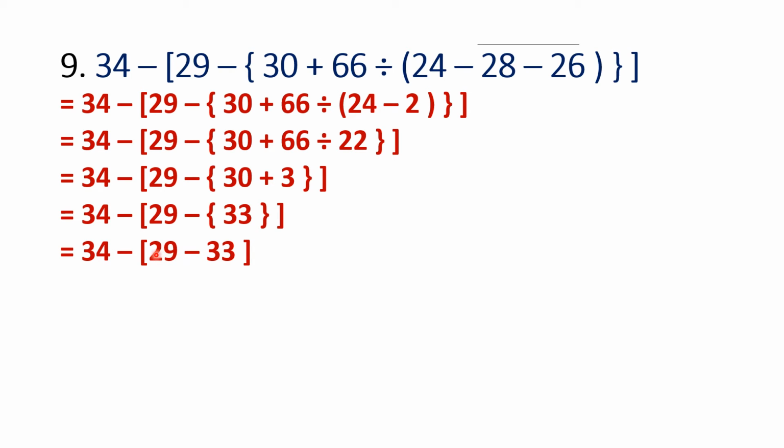29 minus 33. And now here there is a problem. 29 minus 33, plus and minus. So which is the bigger number? 33. So the sign will be negative. Okay. You have to put this flag on, isn't it? 33 minus 29 we will solve, and we'll see it is 4. But we will put a negative sign because this was the greater number, isn't it? So we have to put the sign of the greater number. Now this negative sign says change your sign. So I will change the sign now, and it will become 34 plus 4. What is 34 plus 4? Everybody knows that, 38. So it is very simple, and we have solved the ninth sum also.